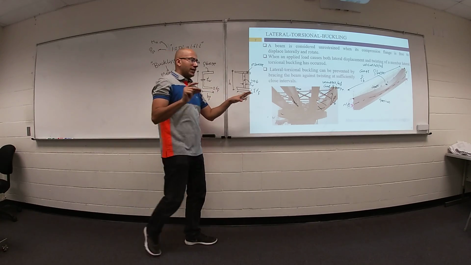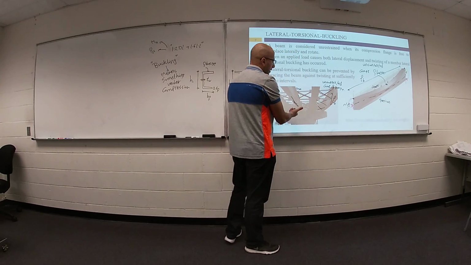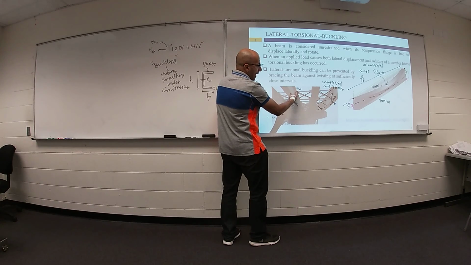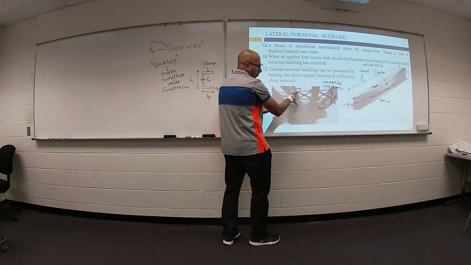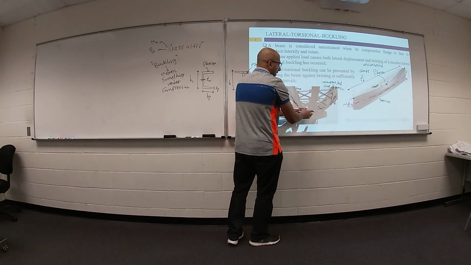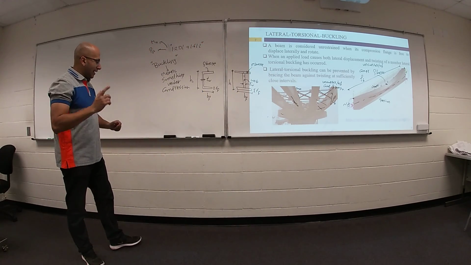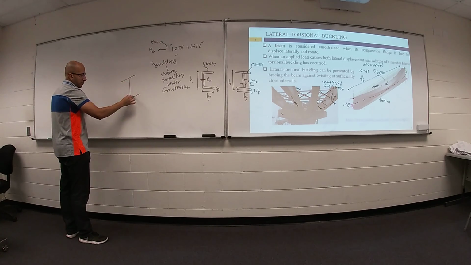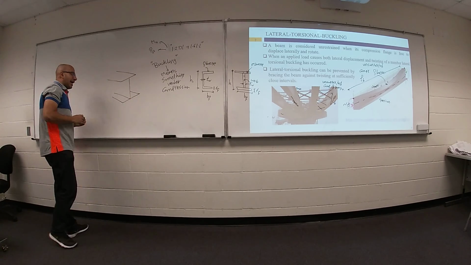Any questions so far? So LB and unsupported lengths. As you see here, we have cross bracing. This cross bracing will make support from the top flange to the bottom flange. My issue is with the top flange. This cross bracing is repeated here and here and here. The distance in between is called the unsupported length of your compression flange. I have a question. What will happen if you have a beam that looks like this, and this beam